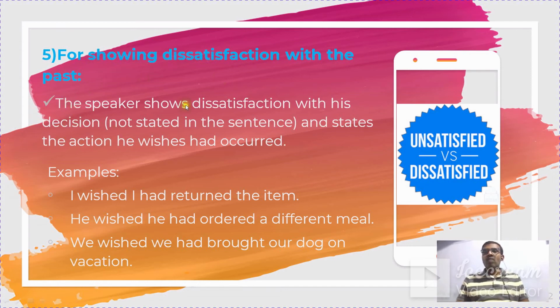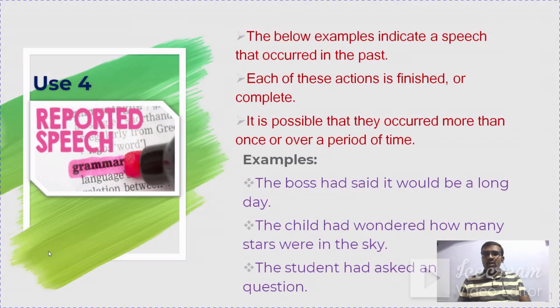Voluntary satisfaction, voluntariness, involuntariness can be expressed with the help of past perfect tense. We wish we had brought our dog on our vacation. Okay, he wished to have his dog on our vacation, but he couldn't. That is something that happened in the past. So these are the events that happened in the past with dissatisfaction, not satisfied over the condition which happened in the past. Okay, so let us recall one more time.